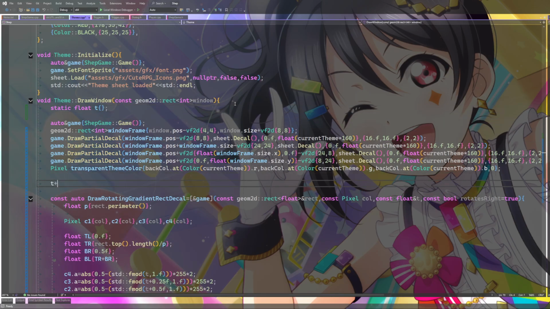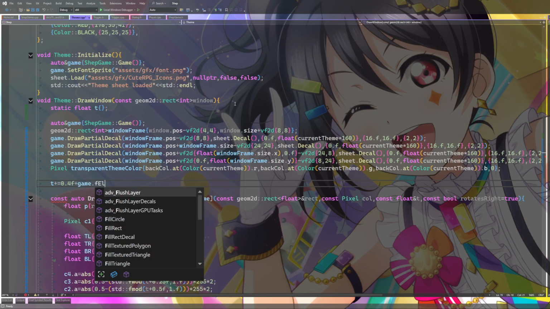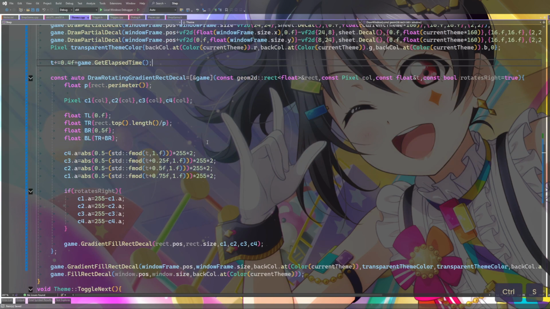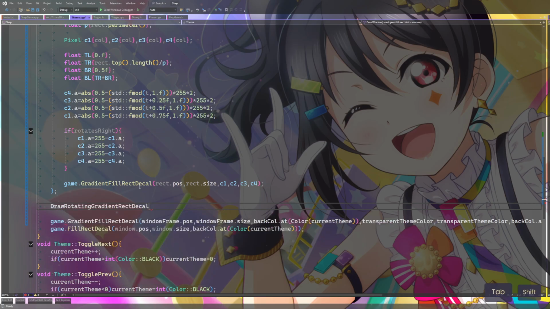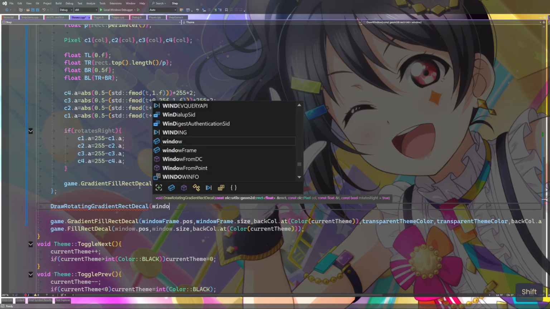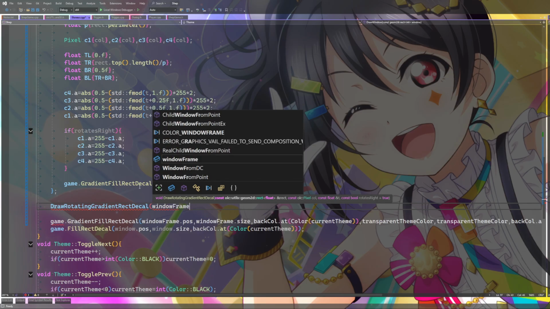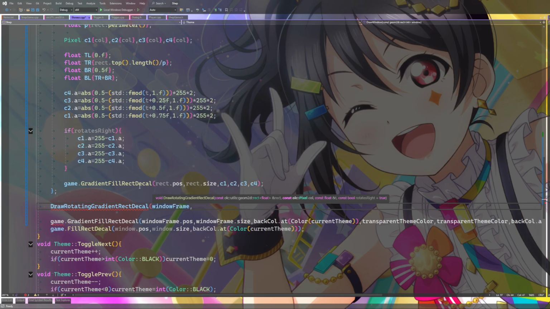And increment it by whatever we want. Let's make it like, I liked 0.5 or maybe 0.4. Somewhere around that value feels pretty good. Draw rotating gradient rectangle decal using window frame, color.